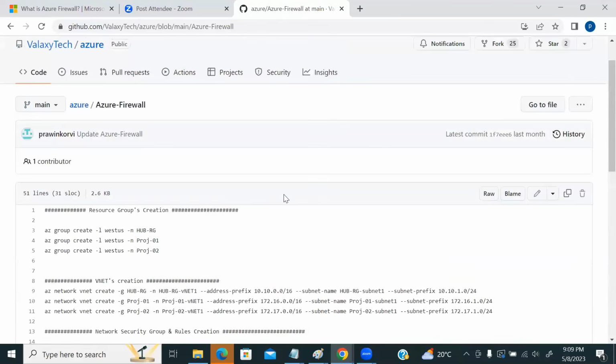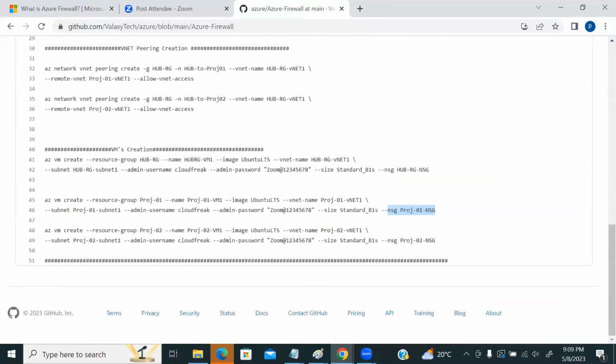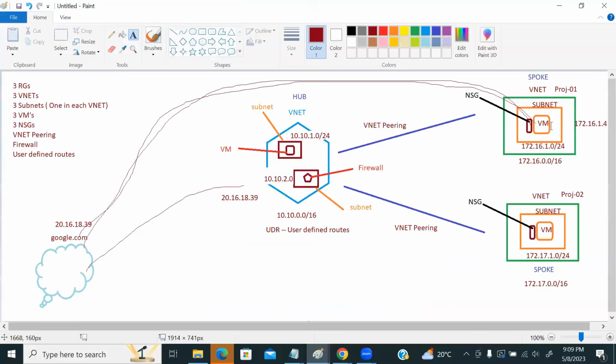So this is what we are going to create. Once this setup, the VM and this VNet, is created, then we need to create a firewall. After this, we need to create a firewall. And once the firewall is created, we need to create user defined rules. And once user defined rules are created, then